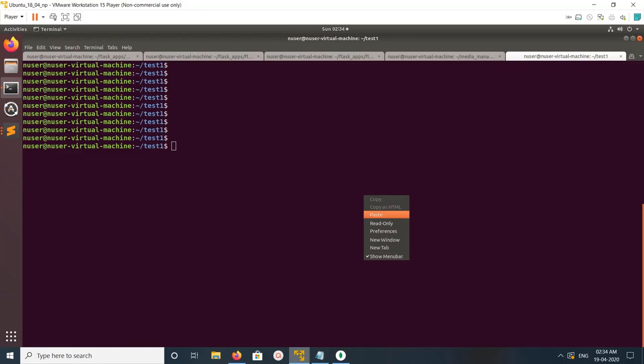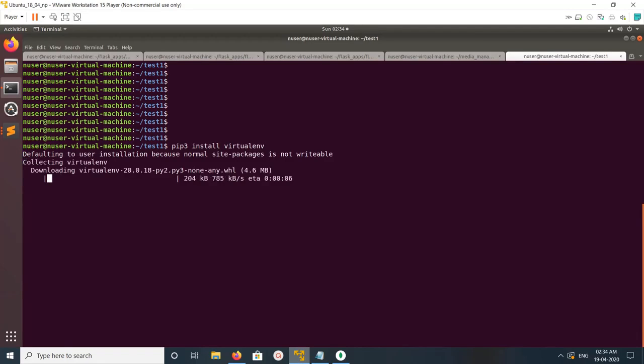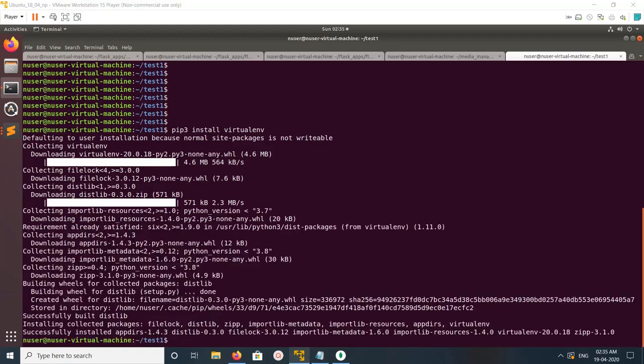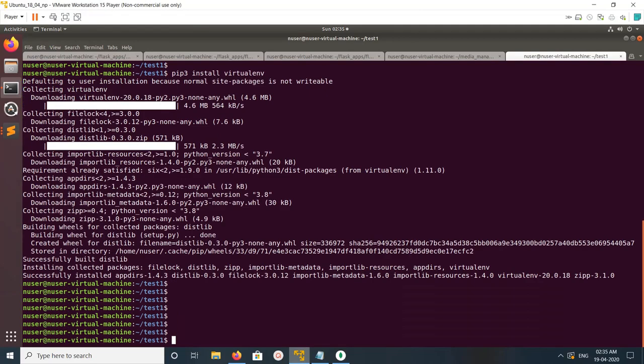Then install virtualenv using pip3. We can run pip3 install virtualenv. You can see that it's installing virtualenv for Python 3. Okay, done. So let me check where it actually installed virtualenv